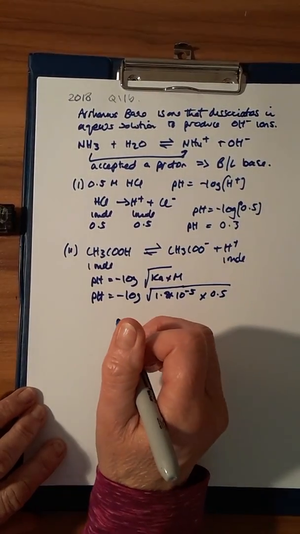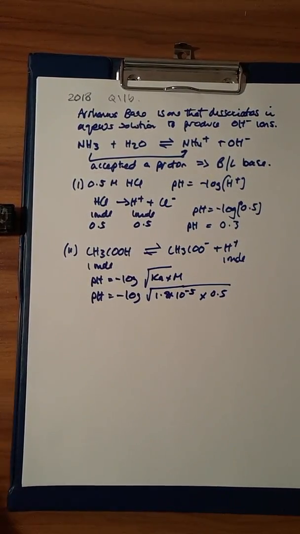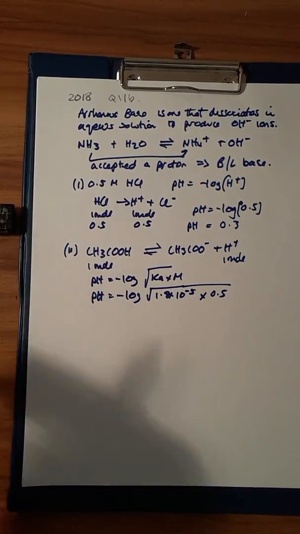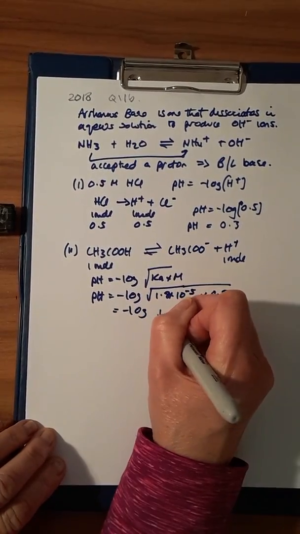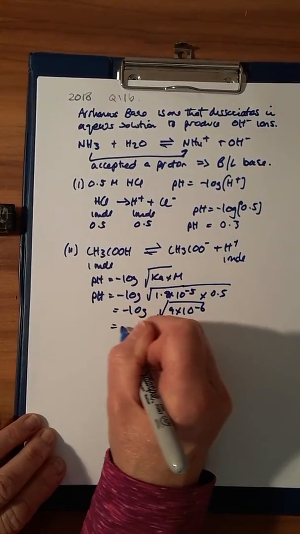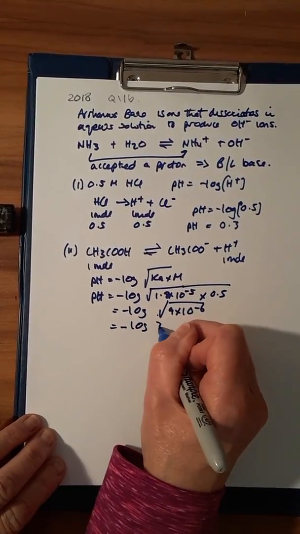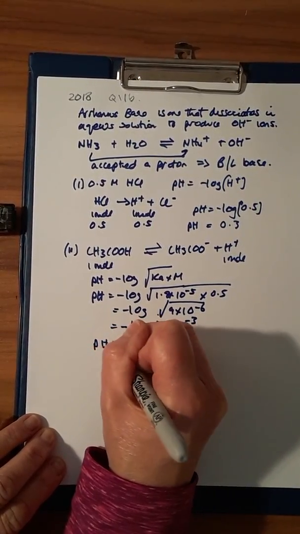And when I hit that into my calculator, what will I get? So I've got 1.8. That will become minus the log of the square root of 9 by 10 to the minus 6. And when I square root that, I'll get minus the log of 3 by 10 to the minus 3. So when I work that out, I get a pH of